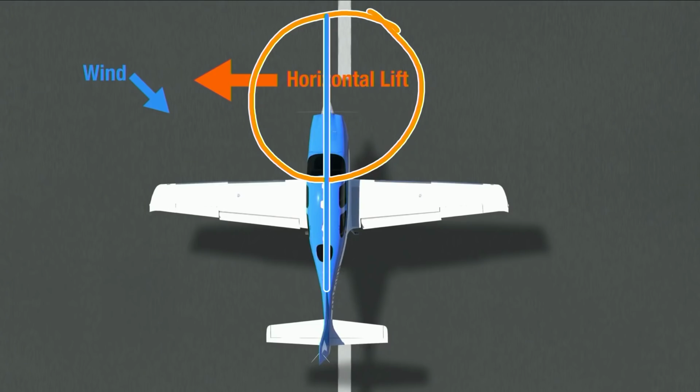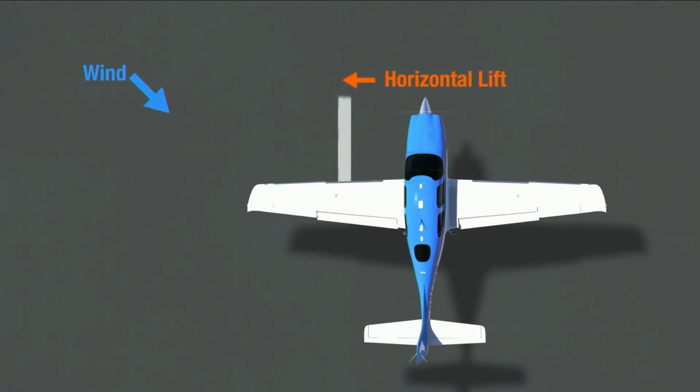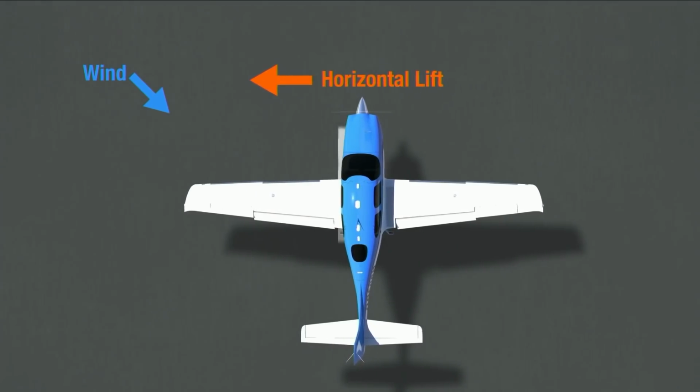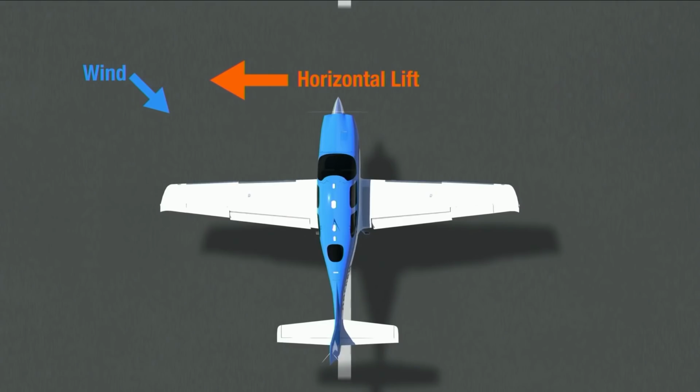Okay, so this practice that you see right here, where the aircraft slides up and down the center line, where we move downwind and upwind, is something that's great to do in an airplane as you're starting to develop your crosswind capability. One of the things we've got in our takeoff and landings course, and it's a great thing to practice with an instructor, is to get into an aircraft and fly at a safe altitude, maybe 400 or 500 feet or a little lower if you feel comfortable, down the runway center line in landing